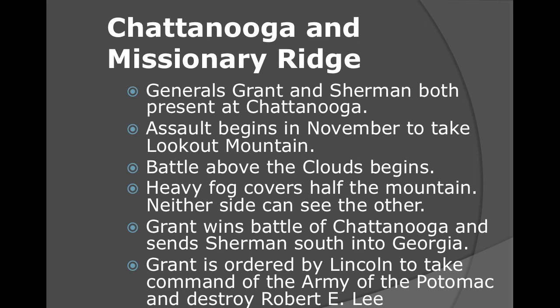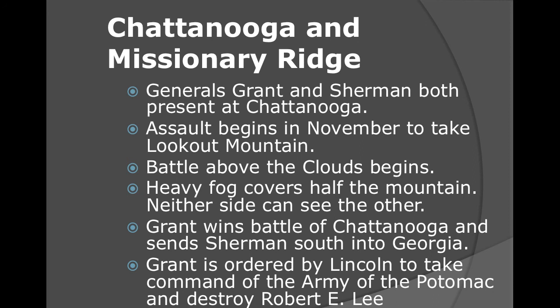Ulysses S. Grant just puts in a great battle plan and actually removes them, and the Confederates have to now retreat back into North Georgia. So the city of Chattanooga and all of its railroads, the open door to the south, is now firmly in Union hands. With the Battle of Chattanooga, Lookout Mountain, and Missionary Ridge over with,